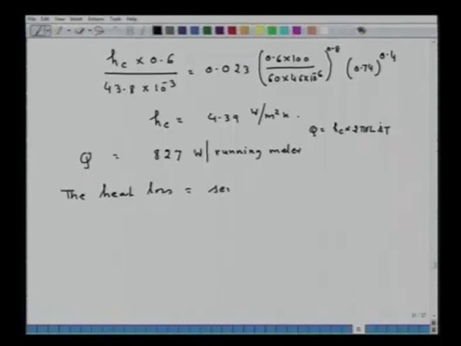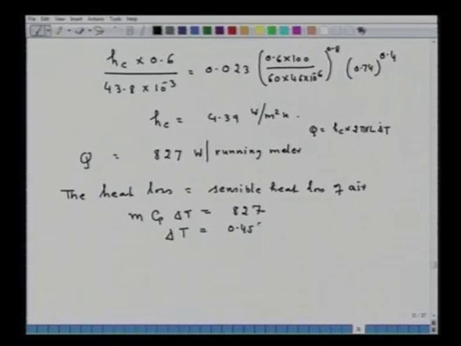Because air is flowing at certain speed, and in a 1 meter length it has lost around 827, that means it has lost its sensible heat. So, heat loss is equal to the sensible heat loss of air. Once we know this, then m Cp delta T is equal to 827, and from here we can determine delta T, that is equal to 0.45 degree per meter,